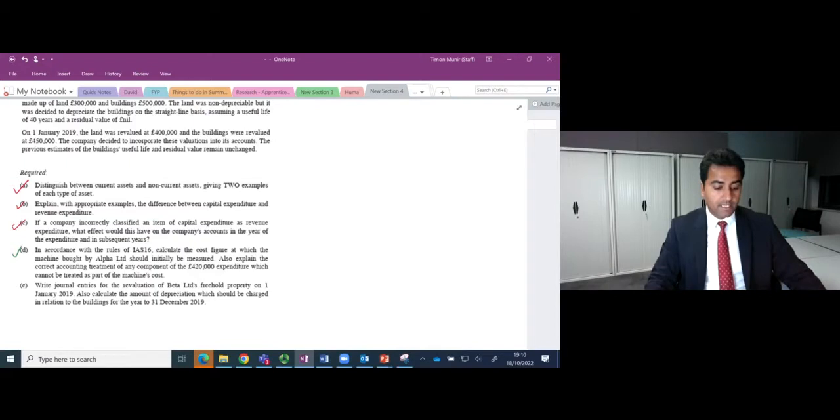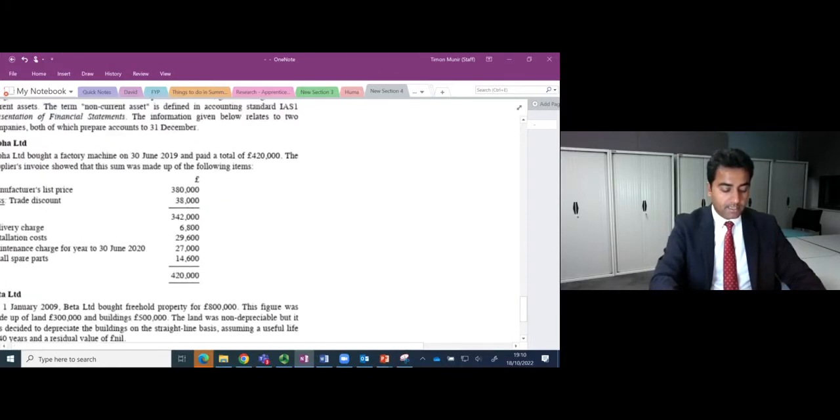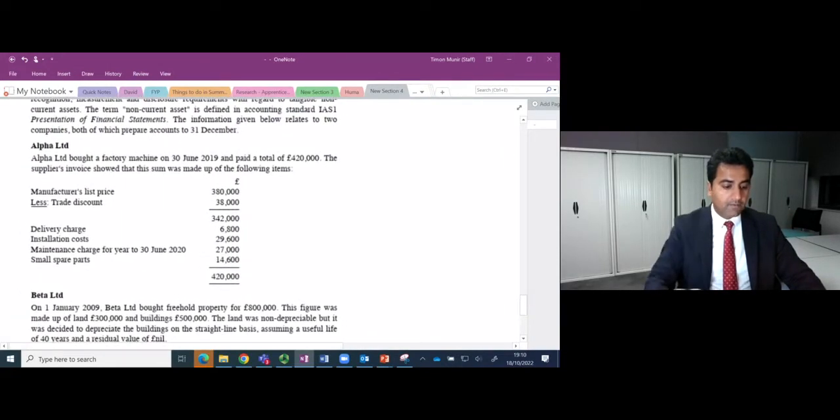Also explain the correct accounting treatment for any component of the £420,000 expenditure which cannot be treated as part of the machine cost. Looking at this example, Alpha bought a factory machine on 30th of June 2019 and paid a